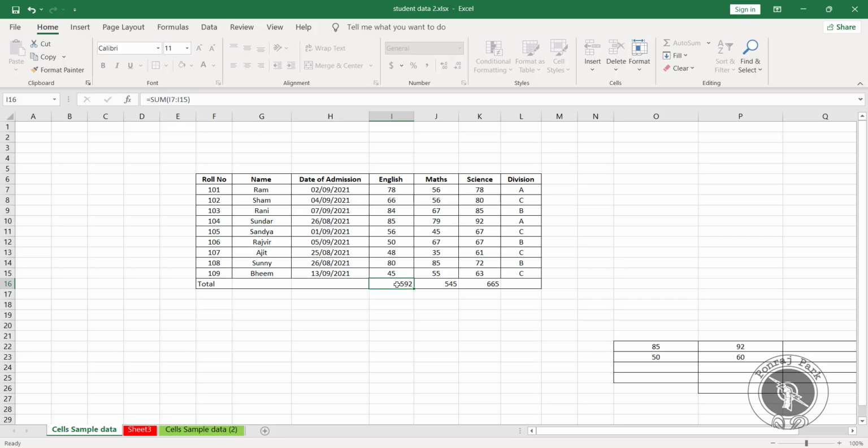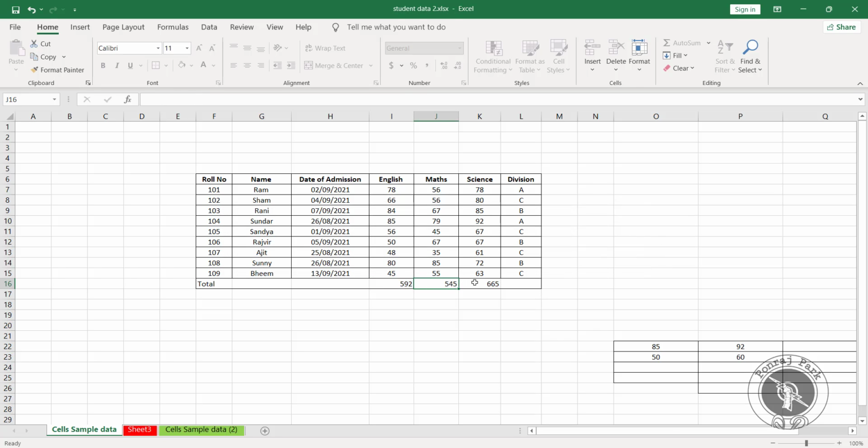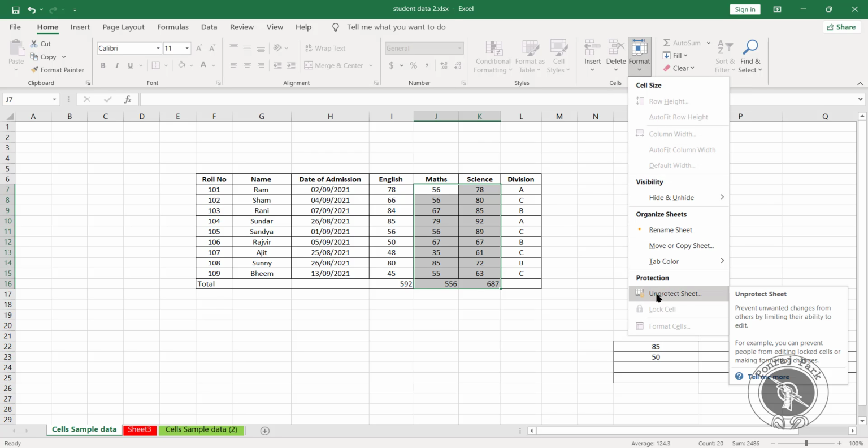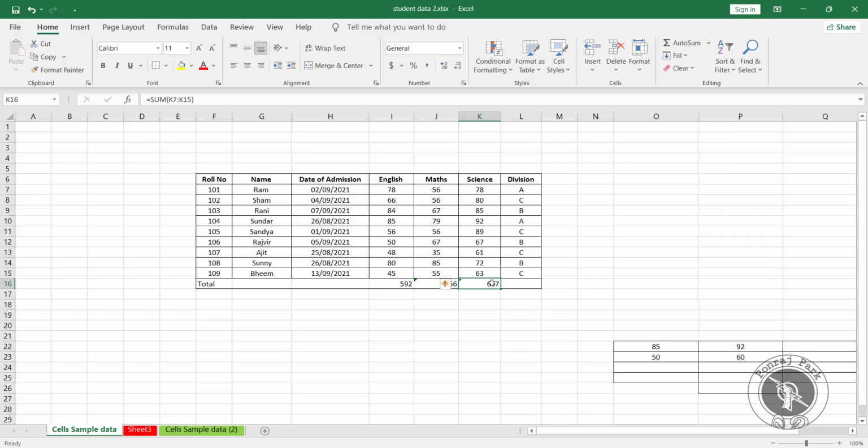Before protecting, you were able to see the formula from here, as it was not protected. But now the formula is not visible, and if a user wants to make any changes, they can do that. Whatever calculation is there will happen automatically, but users will not be able to see what formula we have applied over here. So this is how you can use this. And if you want to unprotect, you can come here, enter your password, and now it is back. You are able to see the formulas over here. So likewise this can be done.